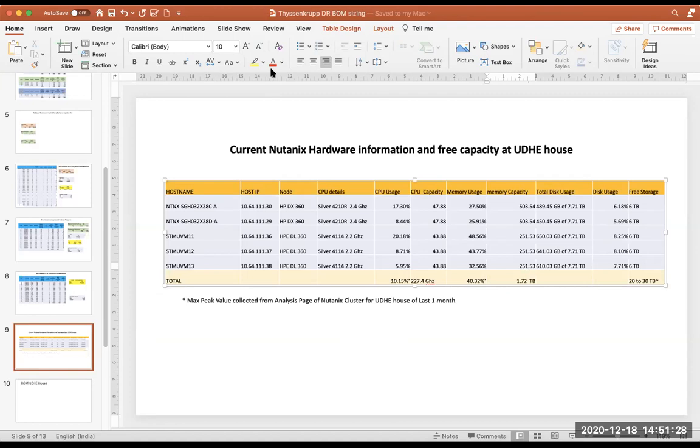Or otherwise what we can do, Swapnil, for example, we are not giving N+1, but we know that in a single socket 12 core we can accommodate their current usage. Then instead of 12 we can propose 16 core, same single socket, so that instead of 36 cores in a cluster they will get 16 into 3, 48 cores. Correct, 12 extra cores they will get. Then we can tell them, sir, you have 12 cores and this much memory free. Now you can see what kind of applications you want to run.